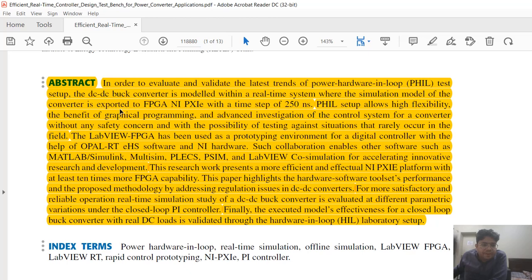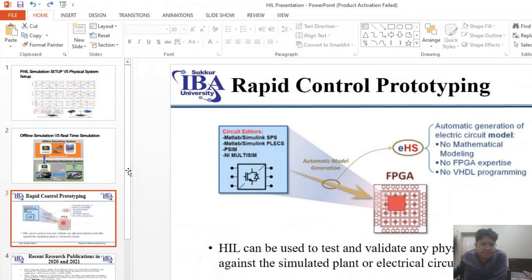LabVIEW FPGA has been used as a prototyping environment for digital controllers with the help of OPAL-RT EHS software and NI hardware. Such collaboration enables other software such as MATLAB Simulink, Multisim, Plexim, PSIM and LabVIEW co-simulation for accelerating innovative research and development. Now, the distinctive feature and fundamental beauty of this platform is that